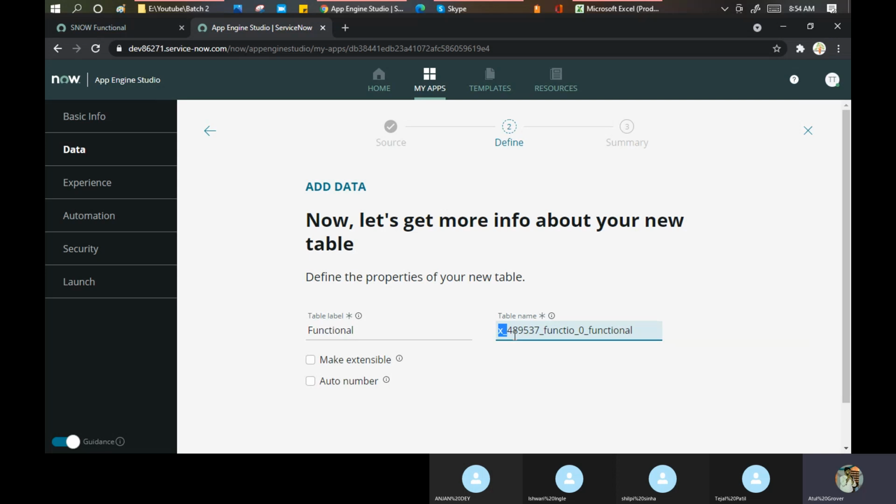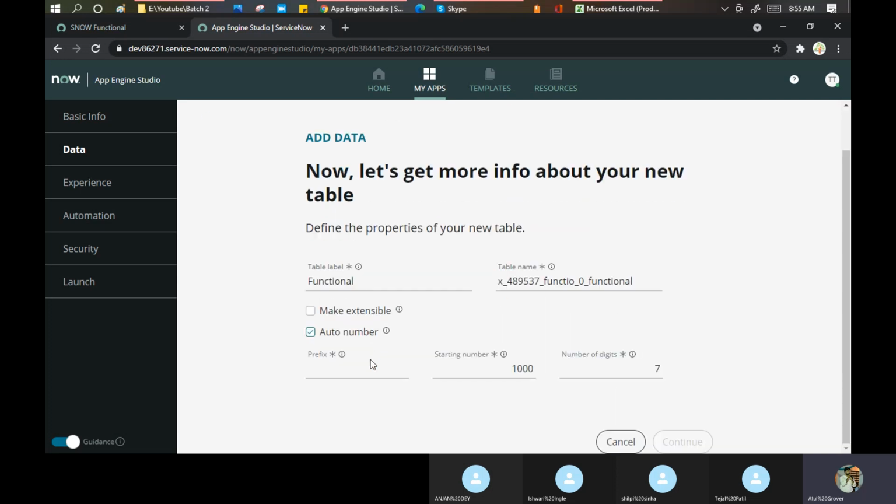The scope, the usage of this particular table is very limited here. Mark extensible. What do you mean by the mark extensible? Mark extensible means do you want this table to be used for extension to the other tables? If you say yes, if you say no, that will be fine. Auto number, which I am getting on my incident table.